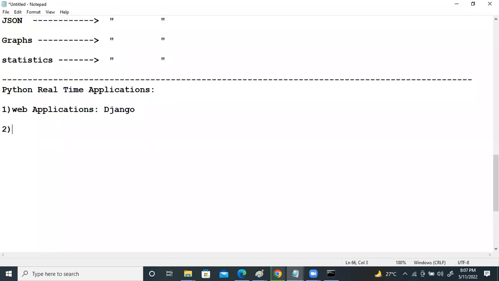Apart from this, Python is mostly used today in creation of automation applications, using technologies like data science, IoT, and AWS DevOps. Many automation applications can be developed using data science, IoT, and DevOps.